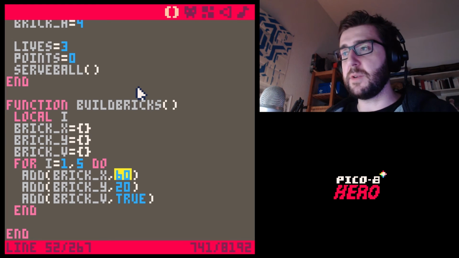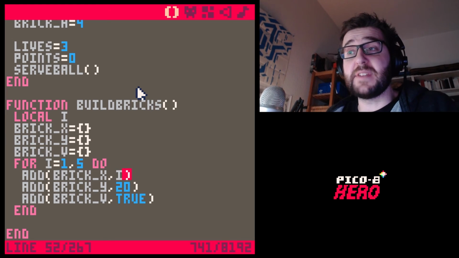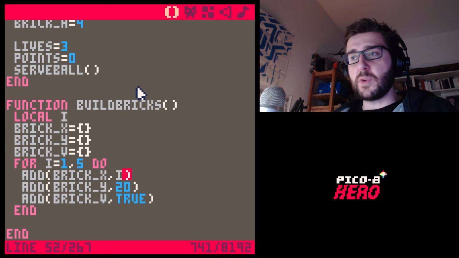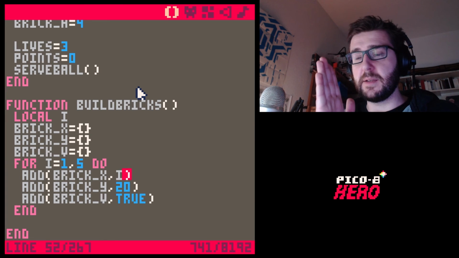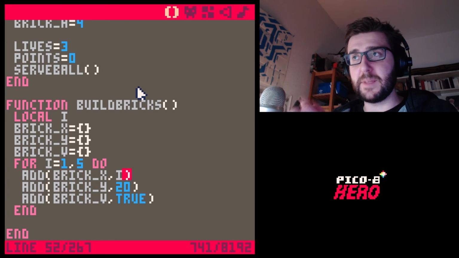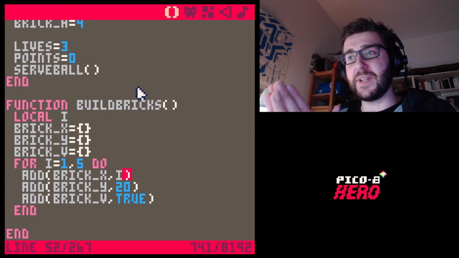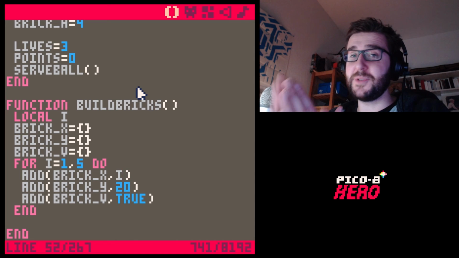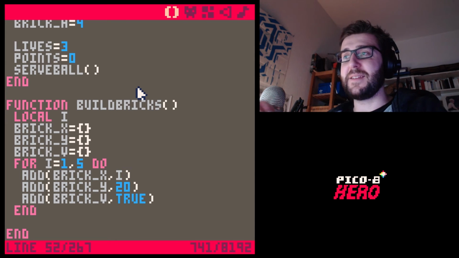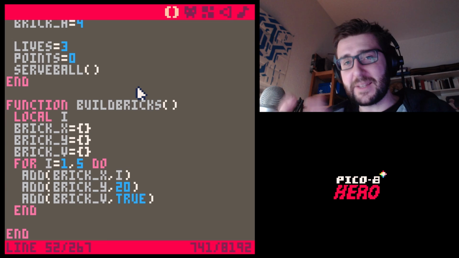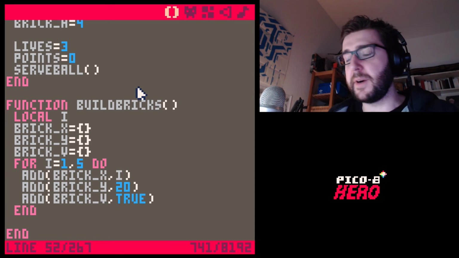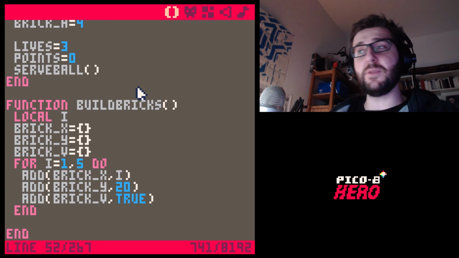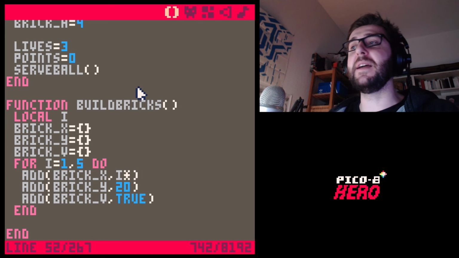So for example, we can put i, for example, in the bricks. Then the x value of each brick will be, the first brick will be at the pixel number 1. The second brick will be at x coordinate number 2, and the third is going to be at x coordinate number 3. But that would mean that the bricks would be very, very close together. So we want to spread them a little bit apart, right? We can do that. We're going to go i times